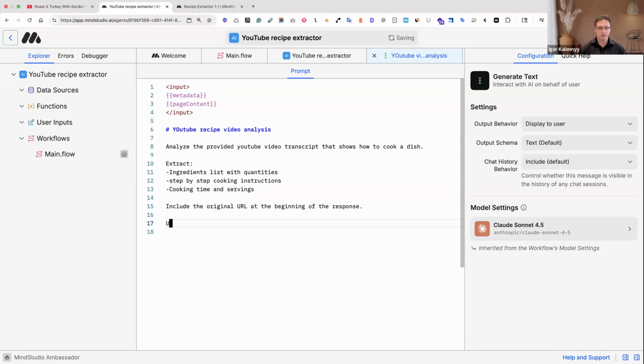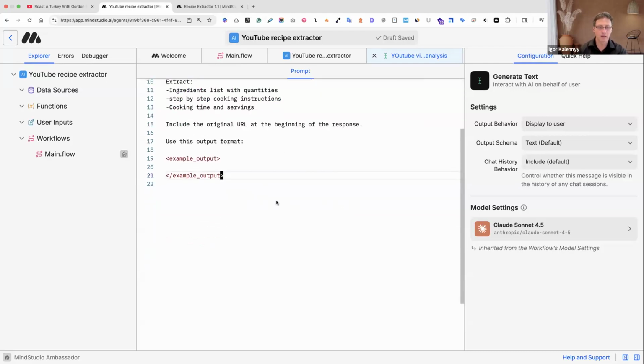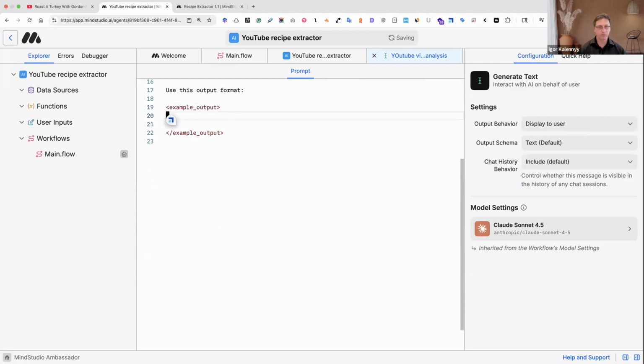Here's how we can say: use this output format. And again, you may have guessed, how do I delineate between the directions and the format? Brackets. You can say example output and then close it.